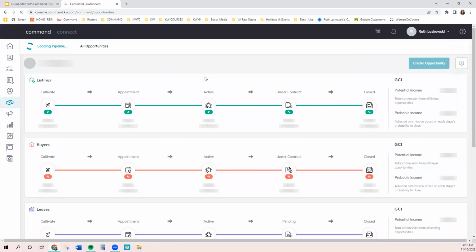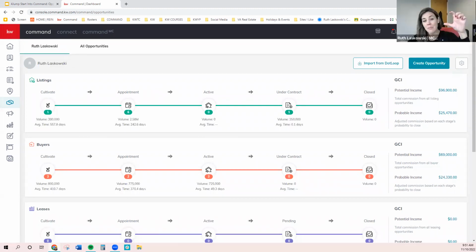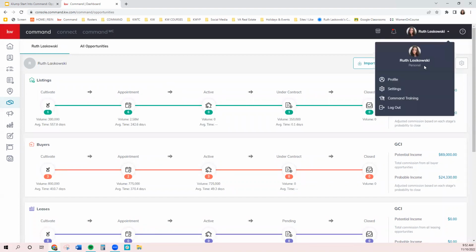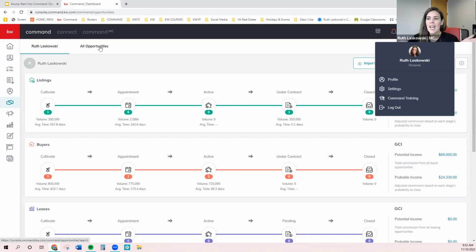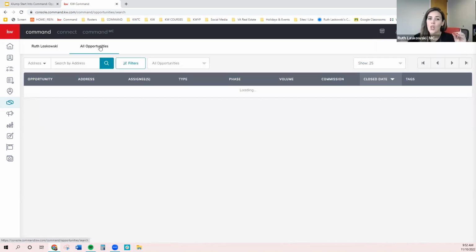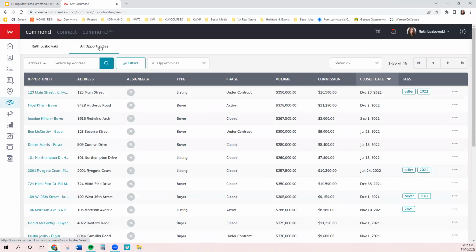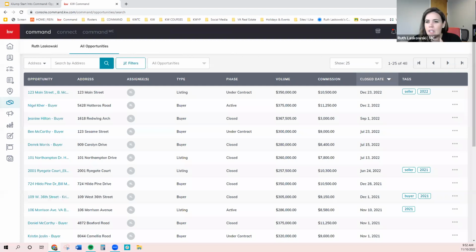Okay, and if you have a team, generally under your profile, it'll show you if you're the rainmaker, that's what you're called, because you make it rain. It'll show you if you're the rainmaker, or if it says personal, then you're on your own unique one. So that's where you can drop down and see the team view. And then when you go into all opportunities in the team view, here's where you see,